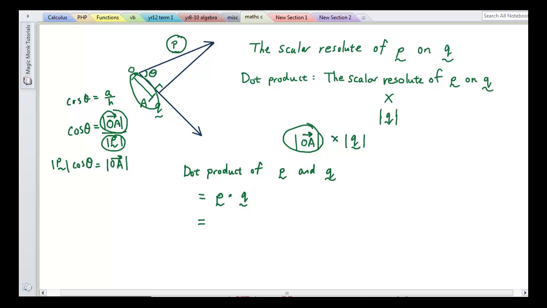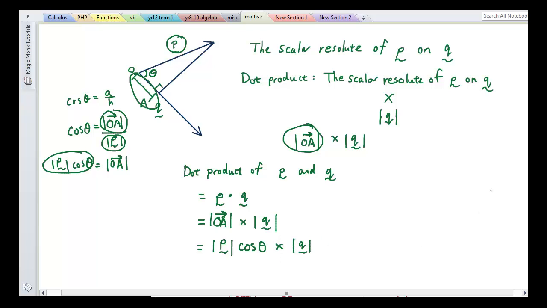And because the dot product is equal to the length of OA times the magnitude of Q, I'm going to substitute where OA is, so it's the magnitude of P times cos theta times